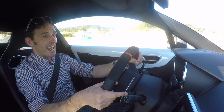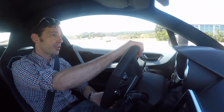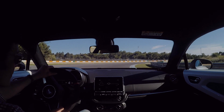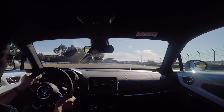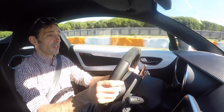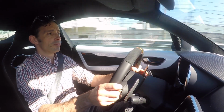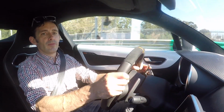This A110 S is actually more neutral, which is obviously a more traditional track car. This long parabolica, the last turn here at Estoril, is a good test because it's a steady state corner, and that neutrality is definitely coming through. It actually understeers quite a lot through that long, fast corner like that. So it's not perhaps as sharp on the front end as a Cayman, but